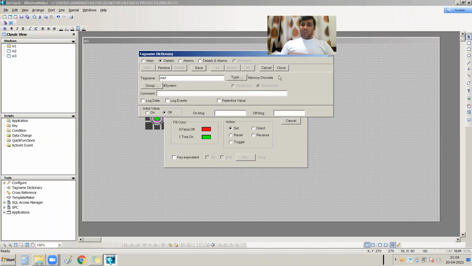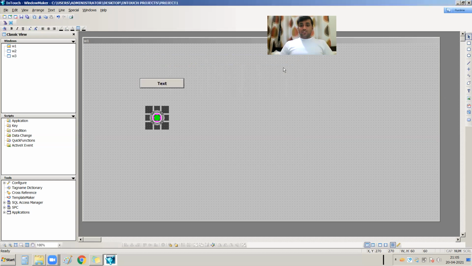This tag has no connection with the PLC. It is only internal to the project. You can deal with this tag in the project, but outside of this project you cannot communicate that memory tag with the PLC. If I press save and close, my tag will be created.